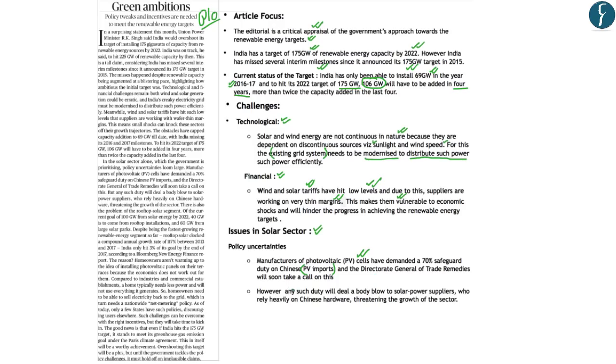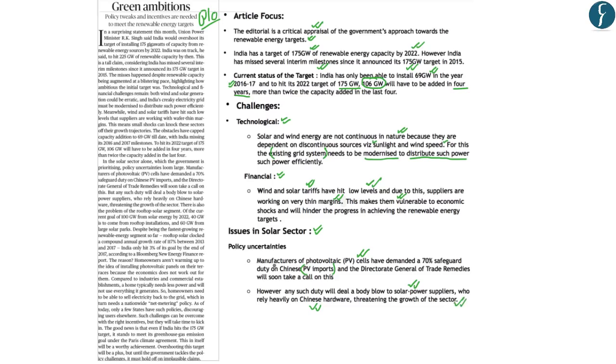However, if the DGTR does accept the demand of a 70% or any form of safeguard duty on Chinese photovoltaic imports, it would cause a very strong blow to the solar power suppliers in India because they rely heavily on this cheap Chinese hardware to increase their profit margins. And if such a safeguard duty is imposed on Chinese PV imports, it would threaten the growth of the solar